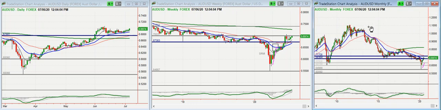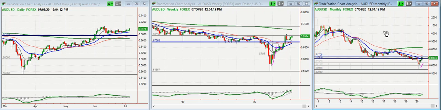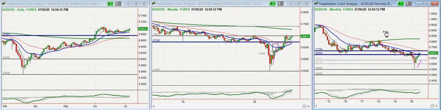You can see how the Australian dollar from 110 basically halved in value against the dollar. So it's in a clear downtrend. And we can see the Corona spike and a quick recovery. That's a bounce back, the dead cat bounce that I talked about before. And it's not only a dead cat bounce. Well, we've developed the second leg, right? 1, 2, and now we're about to make a third leg.